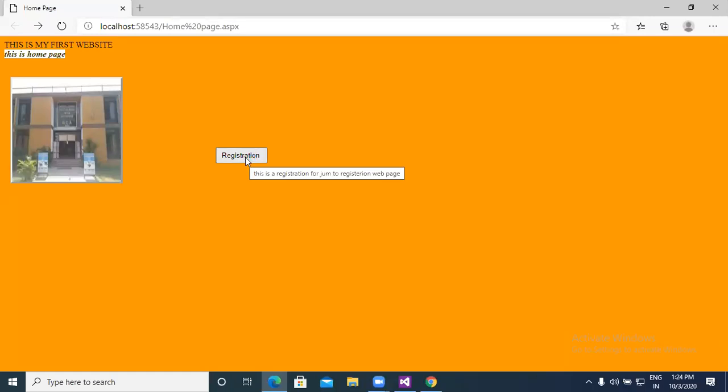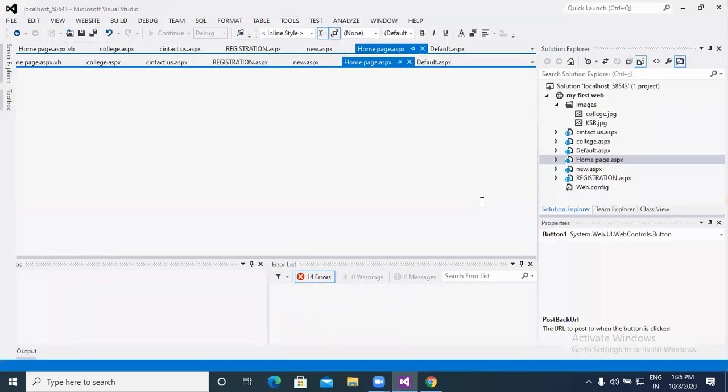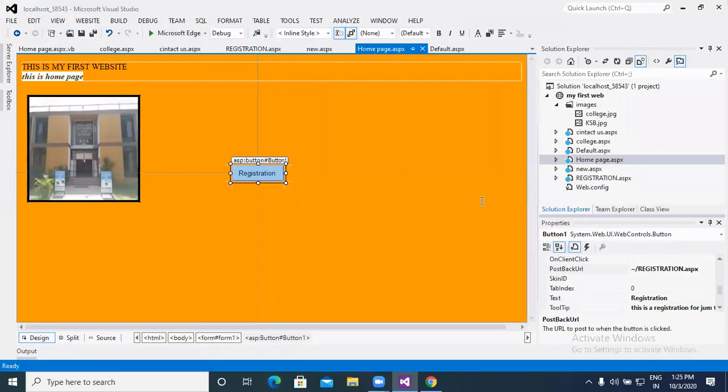So button, image button, then link button, then hyperlink are basically useful for navigation from one page to another page in ASP.NET.